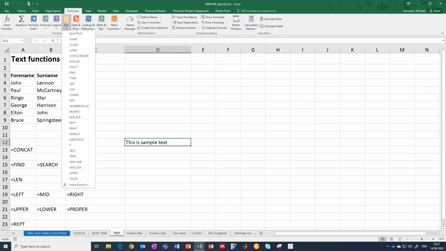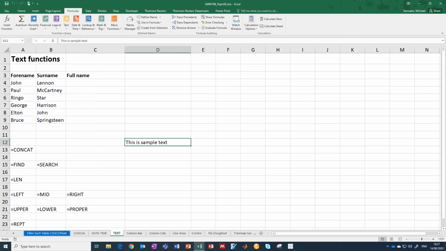So I will start first of all by showing you how not to use any formulas at all, but simply put strings of text together. Okay, so here I have a little table. I have a list of singers' names. So you'll see I have the Beatles here and Elton John and Bruce Springsteen. So imagine the case whereby you have to put together their full name, right? So I have split it into forename and surname, and now want to put them in a new field, put the two names together. So the simplest thing you can do is to actually type